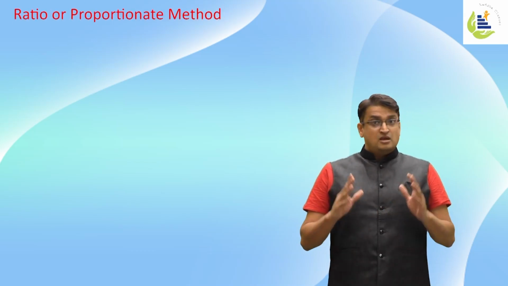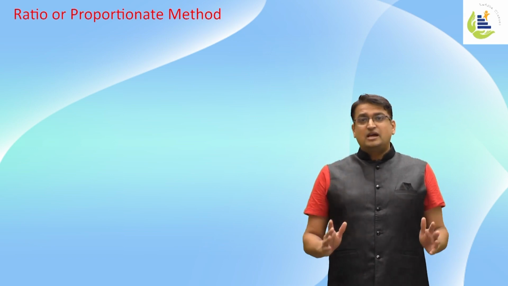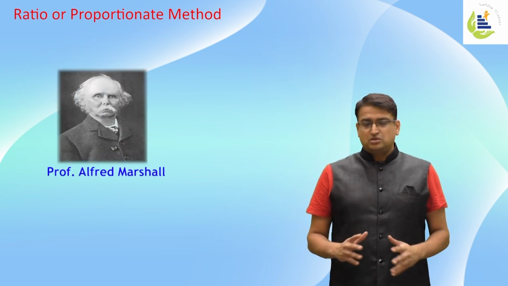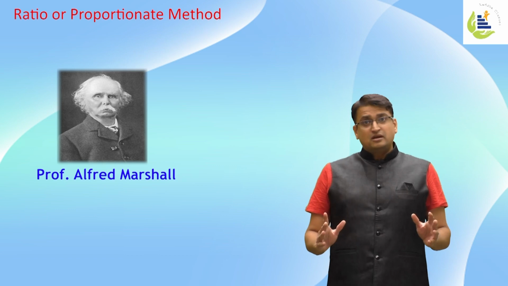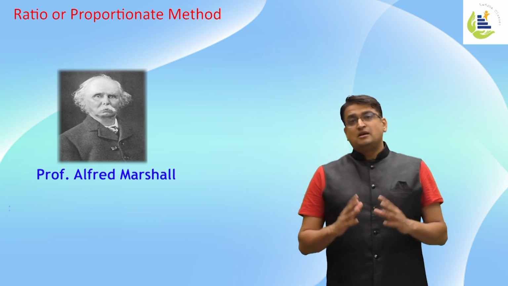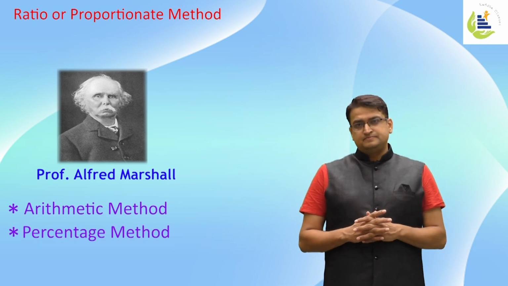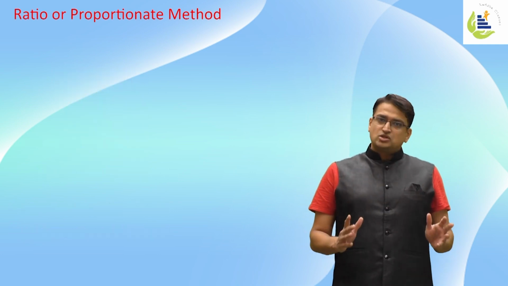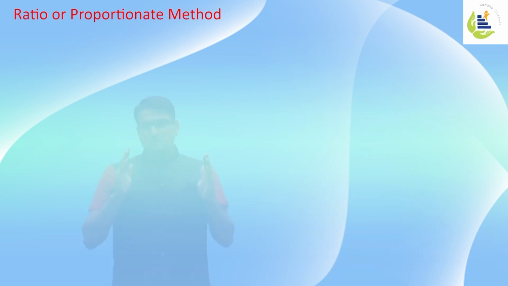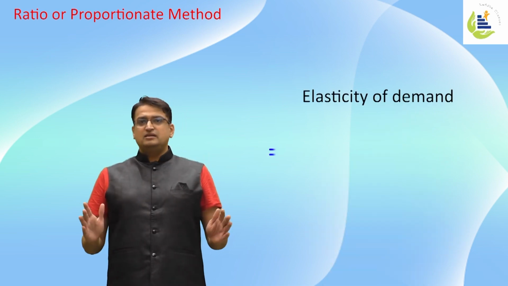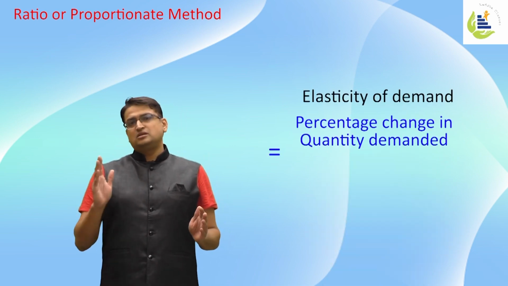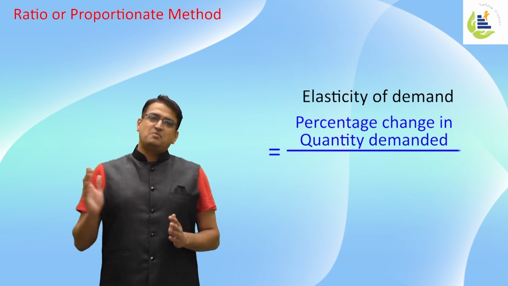Ratio or proportionate method. This method was derived by Professor Marshall. This method is also known as arithmetic method or percentage method. According to ratio or proportionate method, elasticity of demand is percentage change in quantity demanded divided by percentage change